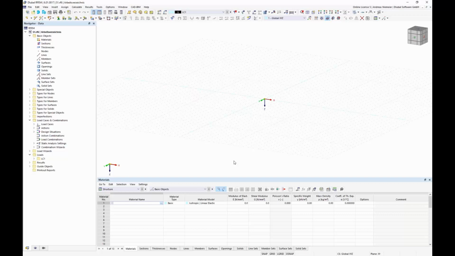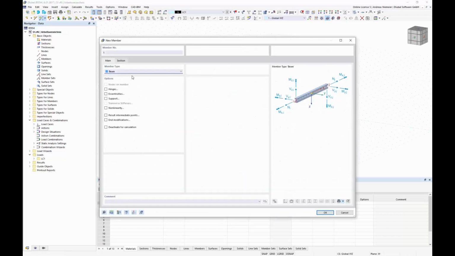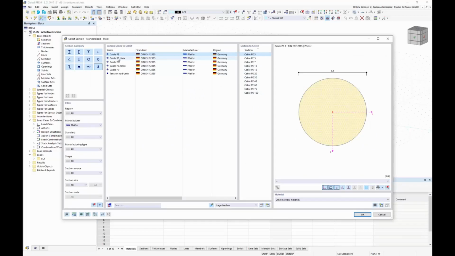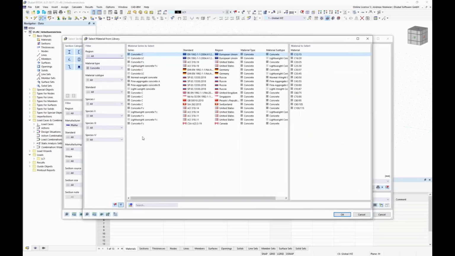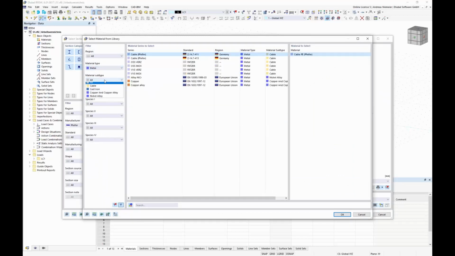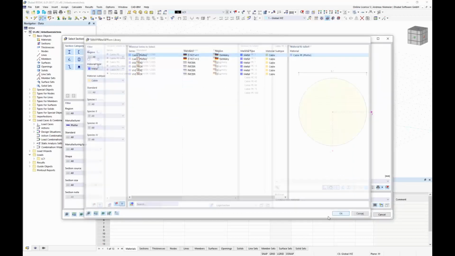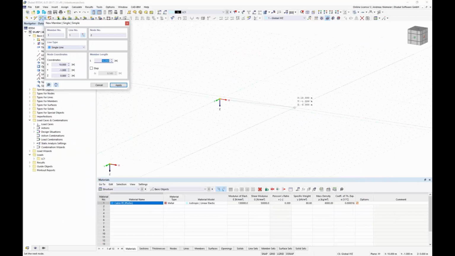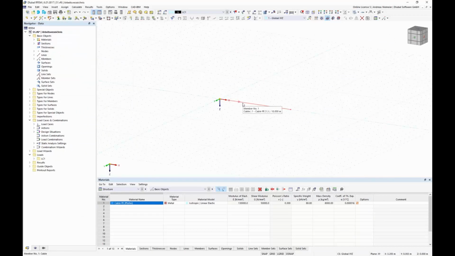So as mentioned, we will explain all new features on a small, easy example. I selected here a cable example, therefore let's model it. I use a new member type, cable, with a cable cross section. Let's select one from the library, for example, this PE cable with a PE material, cable material with the equivalent stiffness, and define here a cable with the length of 10 meters between